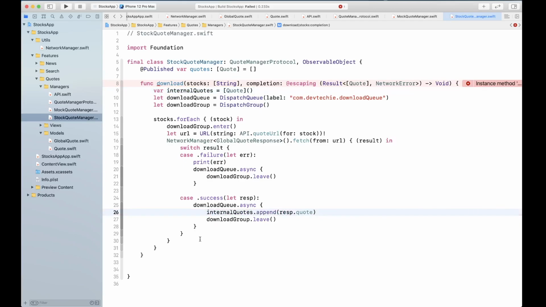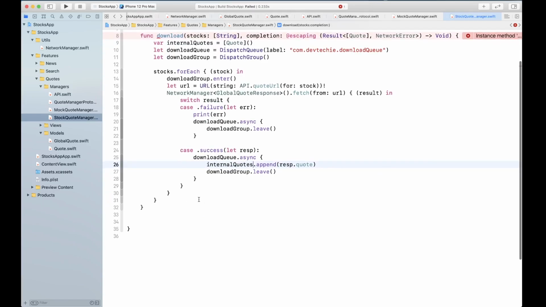Okay, and so once we are done with all the downloads, we're going to come out of the for each loop, right? And all the stocks that we have downloaded have been stored inside this internal quotes.